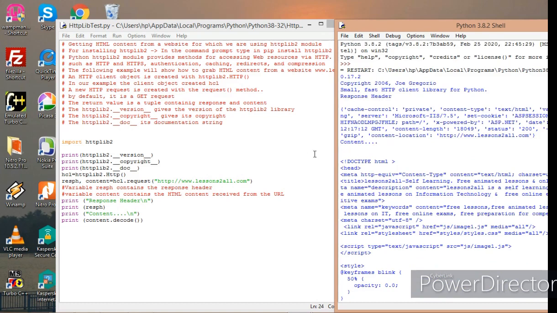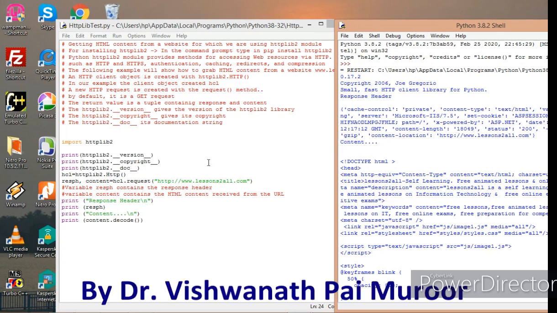And here I have also given 3 more statements. The first statement is httplib2.__version__, which gives the version of the httplib2 library. I also have given one more statement, httplib2.__copyright__. It gives its copyright. The third statement is print httplib2.__doc__, which gives that particular message.